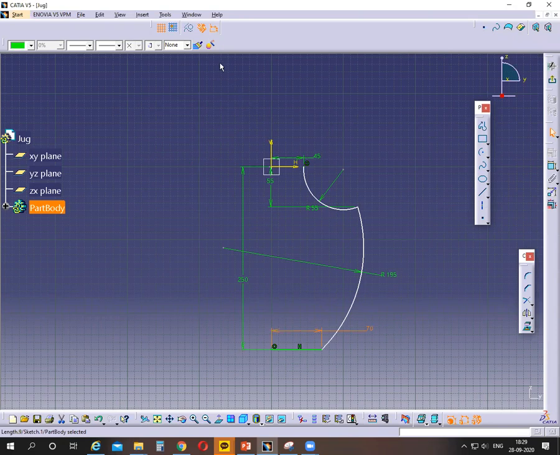And there is a smooth curve between these two arcs, so we need to give a tangent constraint. How to give a tangent constraint? Select this arc and select this arc. Select both the arcs together using the control key. Use the control key to select as many as you want. So hold the control key and select this arc and this arc, and here you can see